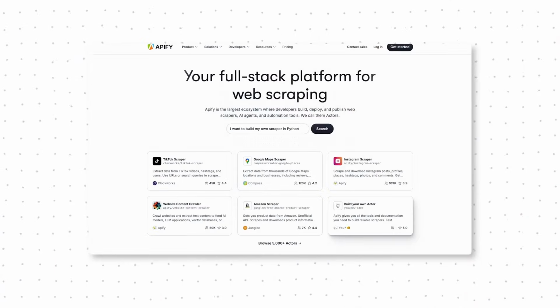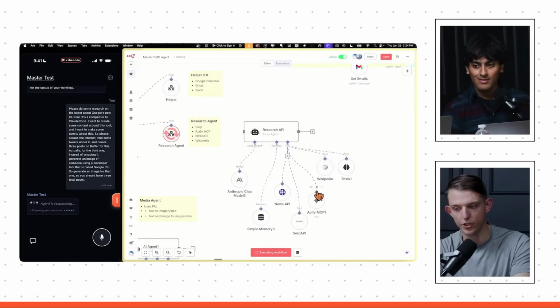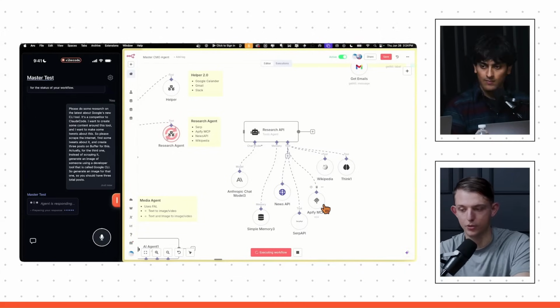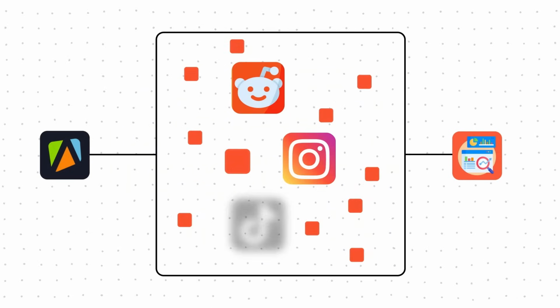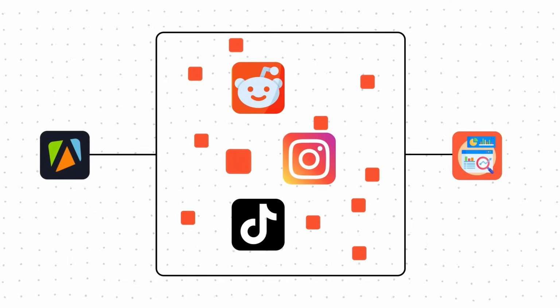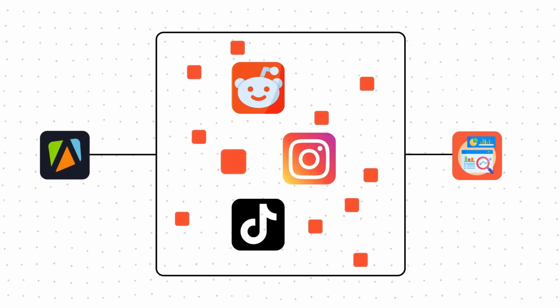Appify has over 4,000 different APIs you can hit in order to scrape the web, scrape the internet, and most importantly, scrape social media. Yeah. That traditionally is super hard to do on your own. And with just one API key, you can do all of that. So basically this is one integration that we set up. And if you were to go to Apify, however it's pronounced, you can have it set up to Reddit, I'm pretty sure, Instagram, TikTok, pull a bunch of useful data. And yeah, it's able to gather relevant context for the post that it's about to post.